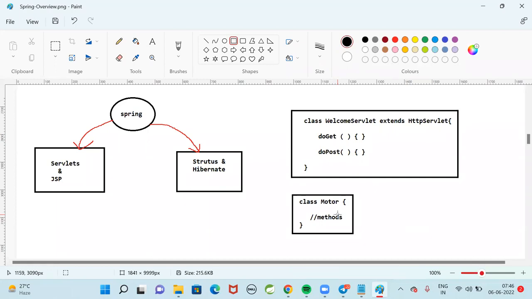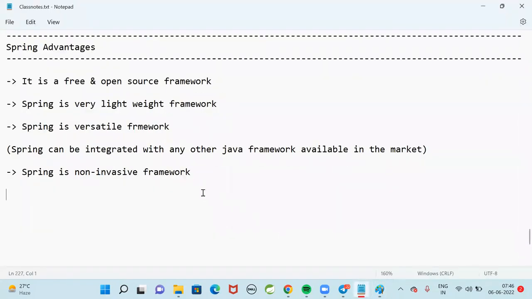When you go for servlets, they are forcing you to extend or implement the servlet interface, whereas Spring Framework is not going to force you. Spring will not force you to use any framework-related classes or interfaces.